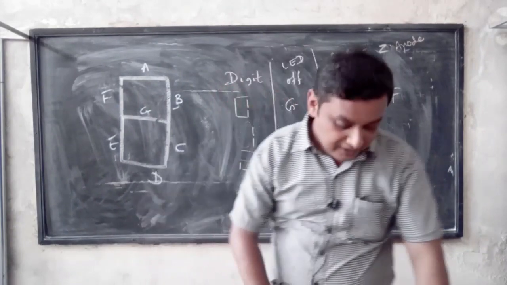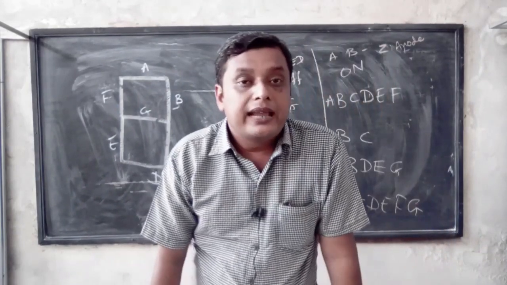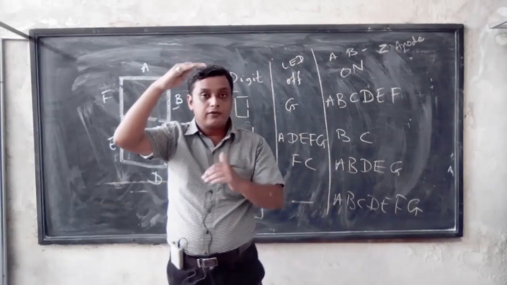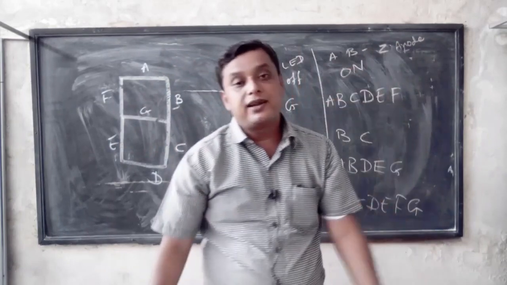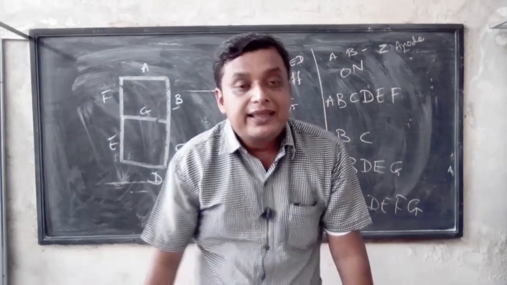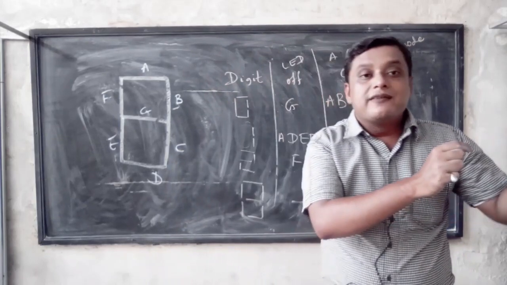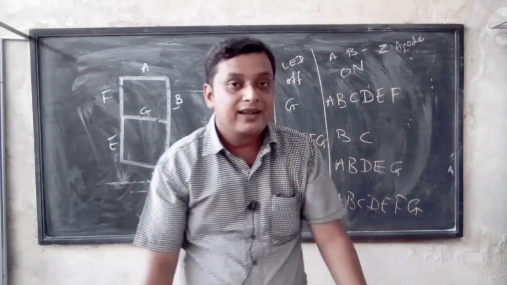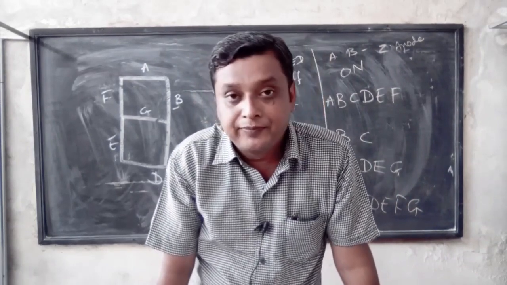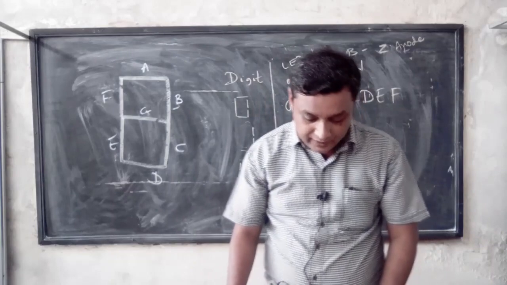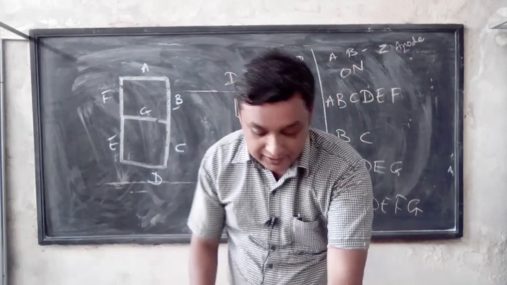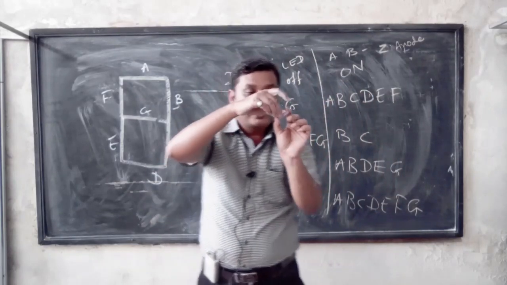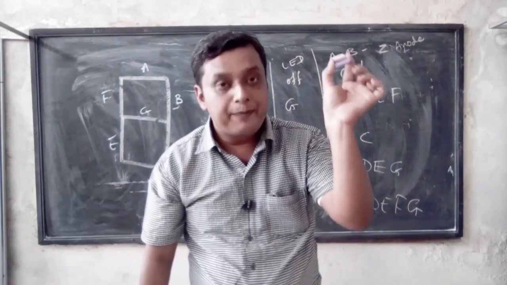So LED is a light emitting diode. In an LED, electrons make a transition from the conduction band to the valence band, so light energy is generated. This light energy should come within the window of visible light, so we are able to see visible light: green, yellow, red, orange, white. Another thing is the construction: N-type semiconducting material and P-type semiconducting material, and between these two we have the depletion barrier.